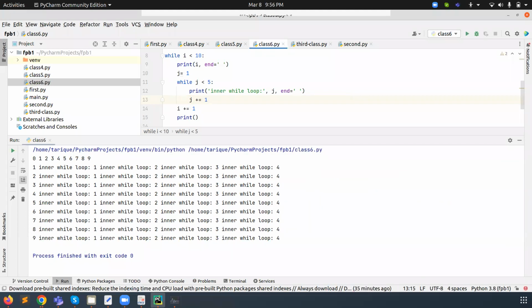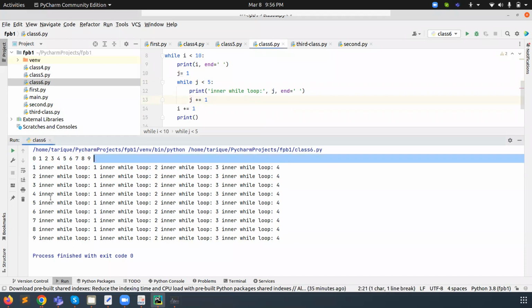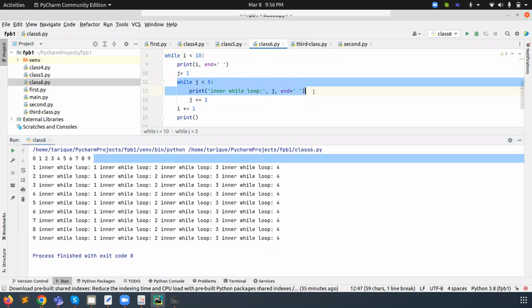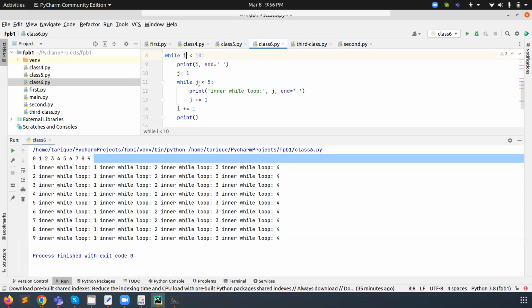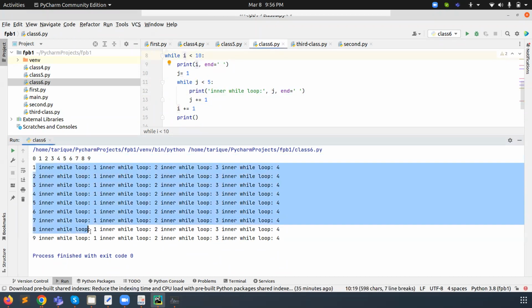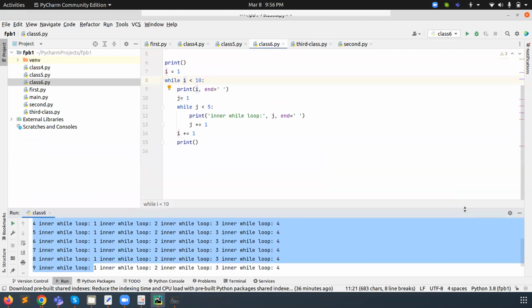Now you can see here. So what have we done? If we mistakenly do not increment or decrement, then the condition will never become false, and automatically it will run infinitely. Still, you can see here, 1 to 4, 1 to 4. How many times is it printing? 9 times, because one time this loop will come, and again after that 5 times it will come back. Then again second, then again 5 times, which means 9 times. So we can use the while loop as a nested loop also. Means the inner loop we can implement in the while also.